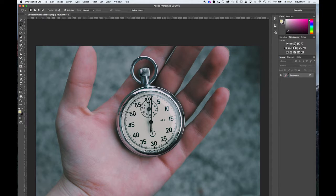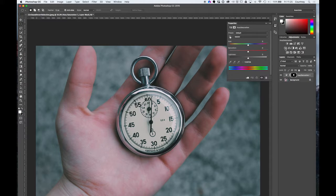Okay, and now over here in the adjustments panel, we're going to play with the hue and saturation. So that's this first one here on the second line. I'm going to go ahead and click on that and make an adjustment layer. And then again, because we had our marching ants around the clock face, now we're just going to play with the color